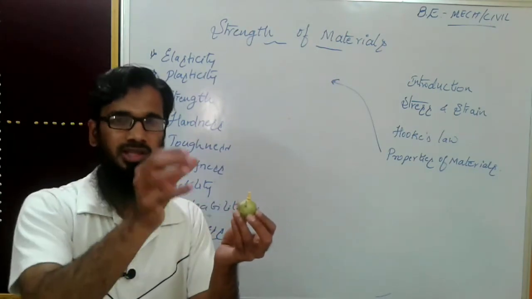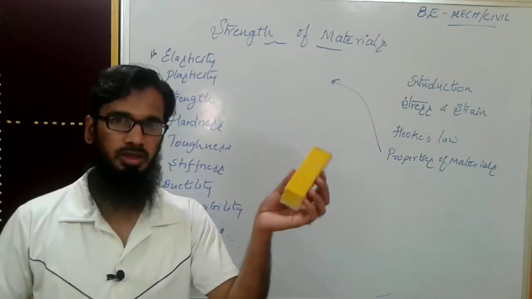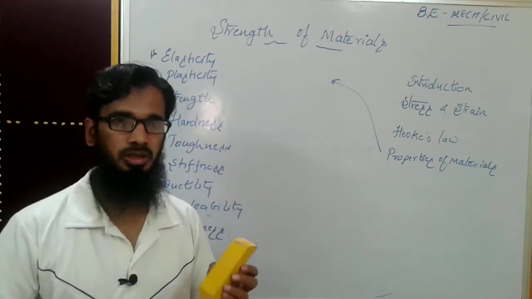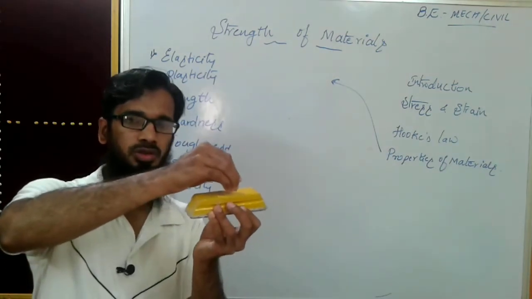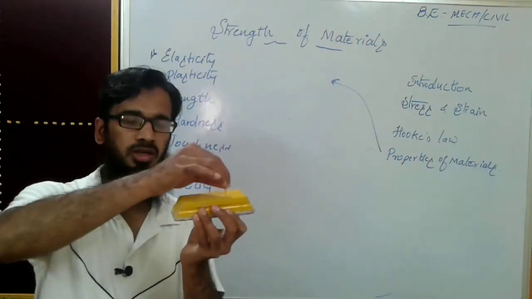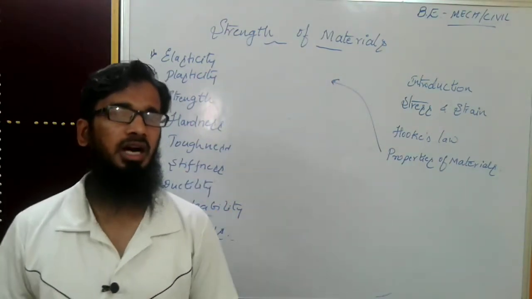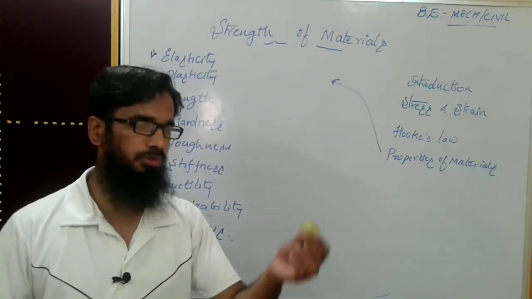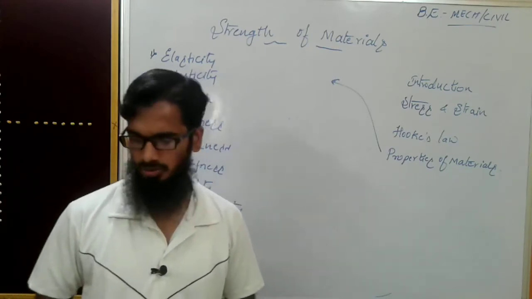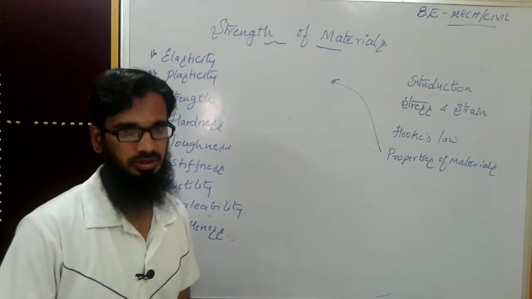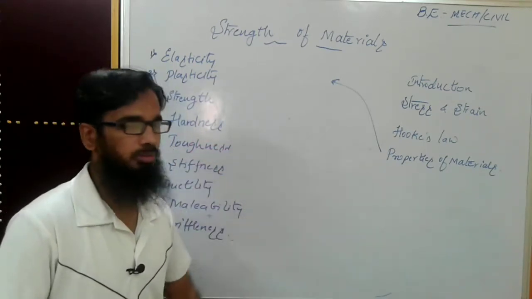So this one has a hardness that will be very less compared to this. Now if I take one more material here, which is also of a different material, and I apply a load on it, the load will not enter into this particular material. That means this will have more hardness compared to this object. So for every material we have to study the hardness, which gives one of the main properties of a material.